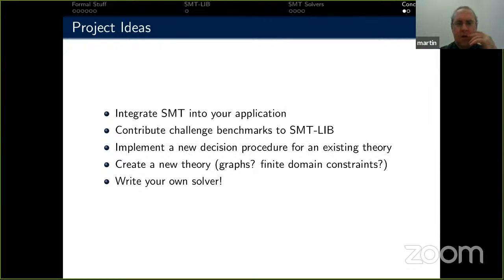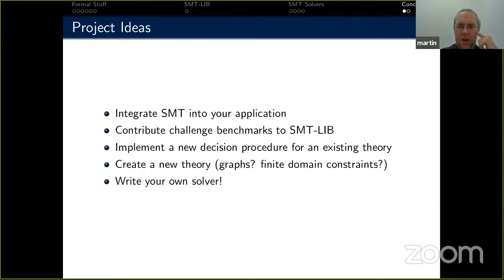Another thing you can do, we haven't actually talked yet about how decision procedures work, but that's a great area to get into. And coming up with new decision procedures for existing theories is a really interesting challenge, and having done it a number of times,